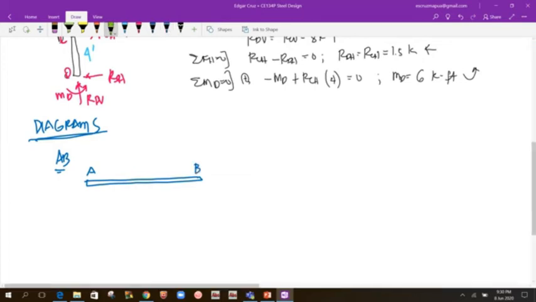Tapos may loads siya, no? So yung loads niya transverse. So uniform load yung 0.5. Okay? So 0.5 kip per foot. Okay, tapos yung length niya is 6 feet. Okay, so tapos nalaman natin yung